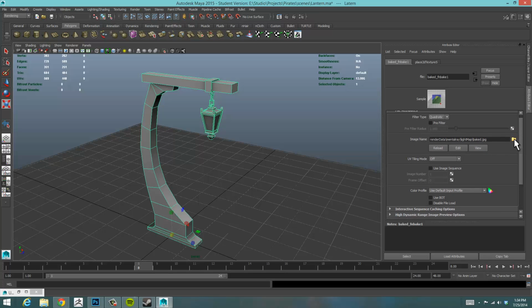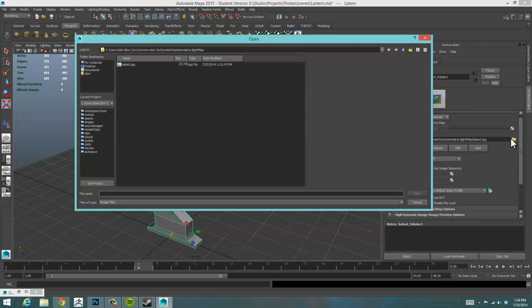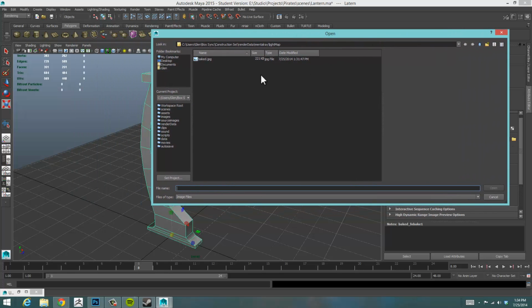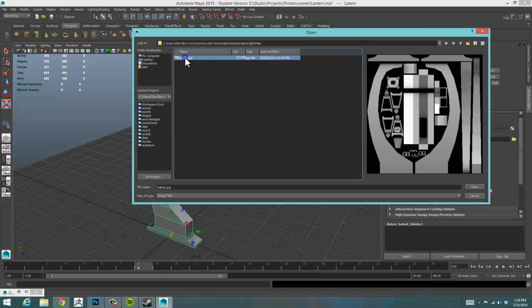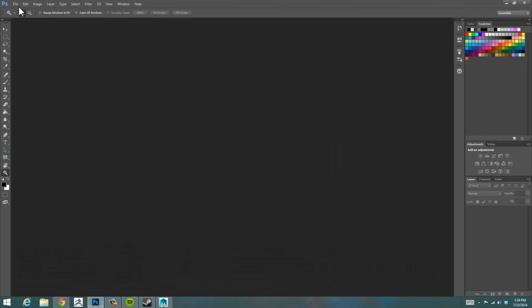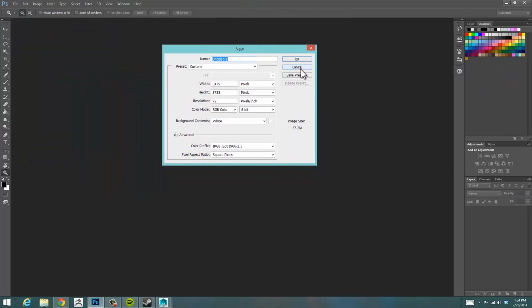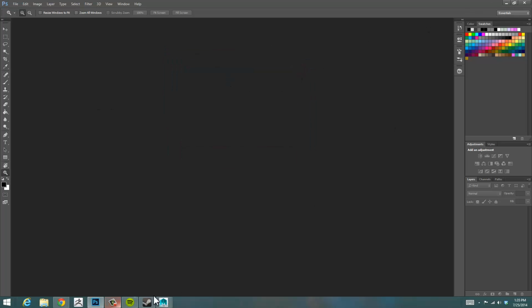The quickest way to get to this is to just click on the little folder there, and that will bring me right to that file, and then I can just, let's see, should be able to just open that up. So let's go to copy, and then we'll jump over to Photoshop, go to File, New, and I don't think that's going to work, so let's see if we can drag that into